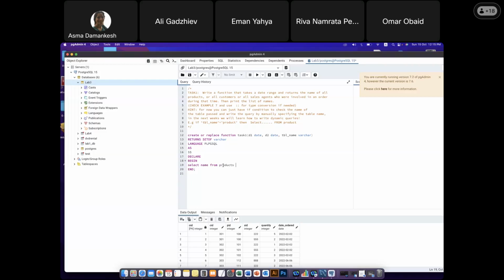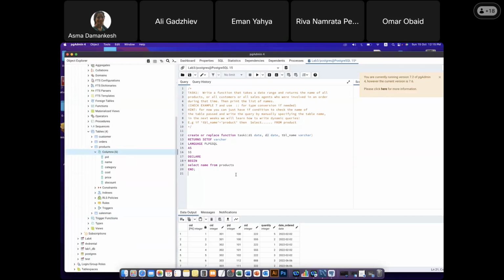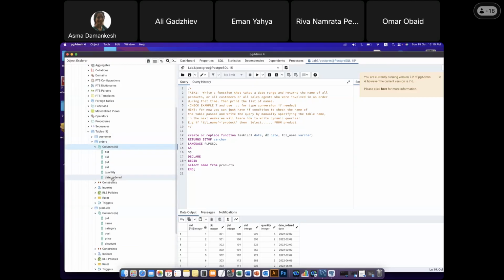Then I have to make sure that the date is between this, yeah? But if I look at my product table, now this is the confusion that most of the students had. If I look at my products table, there is no date, right? Where do I get the date from? Just keep in mind, whenever I ask you for a column that doesn't exist in that table, means there is another table that has that column. You could go through each of them, but I know that it's going to be in the orders table and it's called date ordered. So now, since I have to add the order table, I would say products